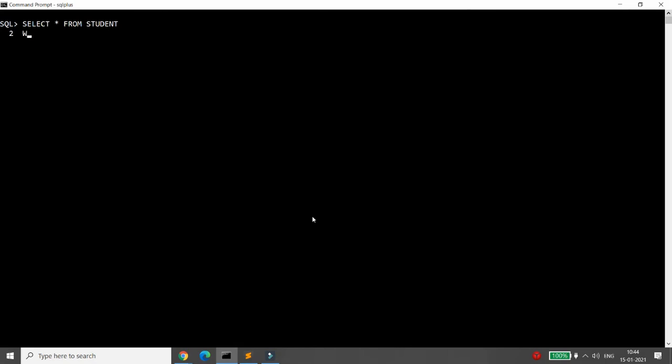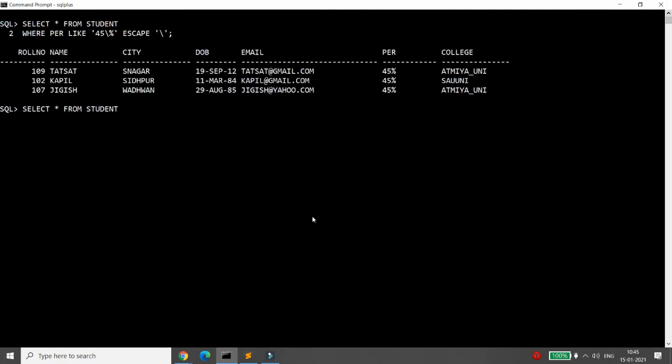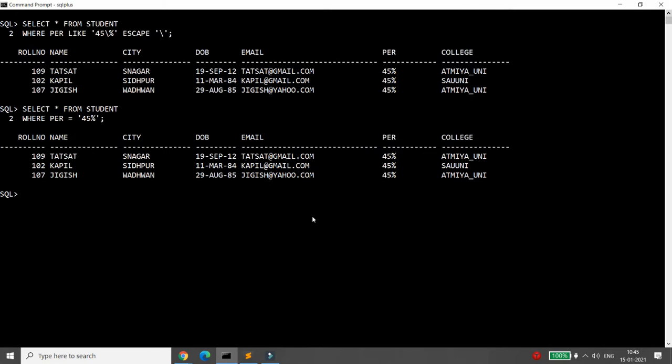For example, where percentage like 45 percentage, with the escape slash, will definitely give you the records with 45 percentage. But if your data is the actual 45 percentage, then don't go for like. You can directly write percentage is equal to 45 percentage, and you will get the data.